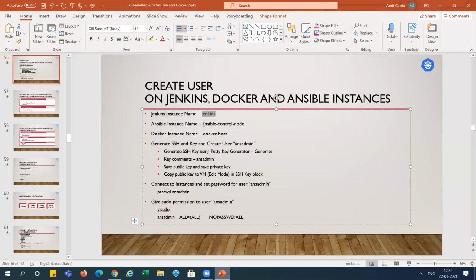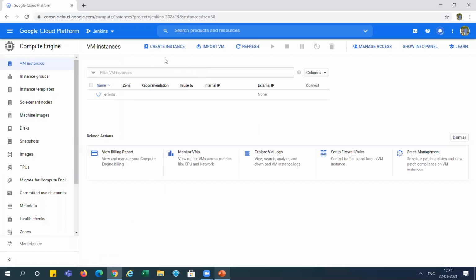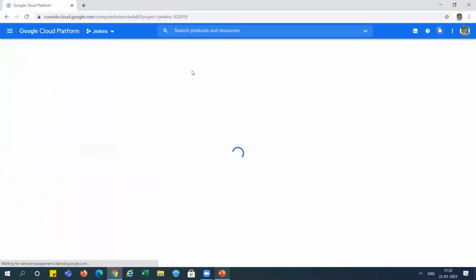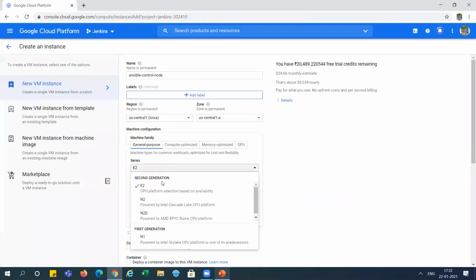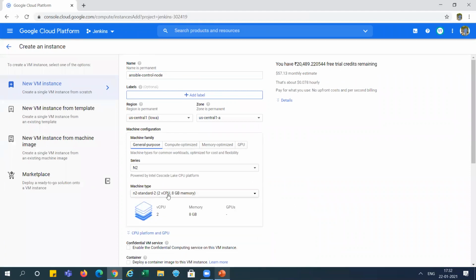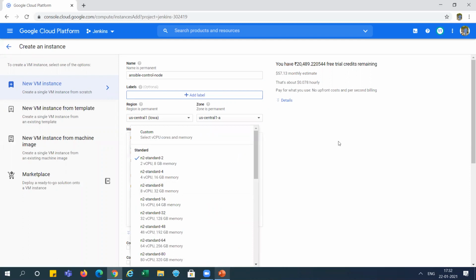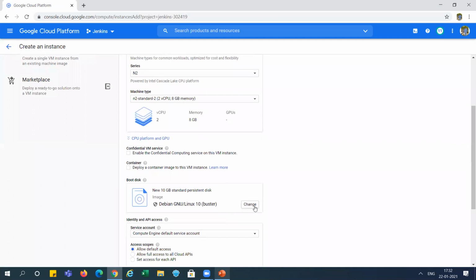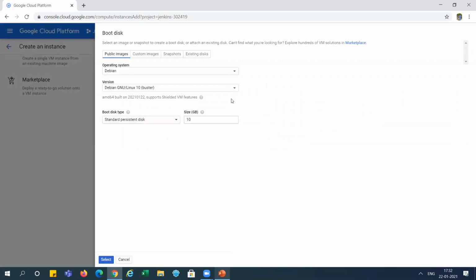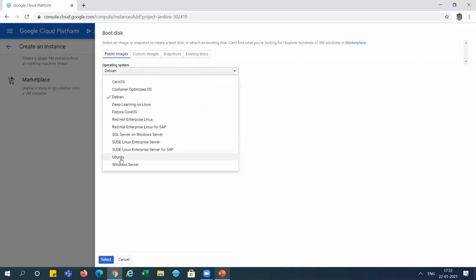Now next I am creating the Ansible instance, so I am using this name. N2 is okay, and I'm changing to Ubuntu.